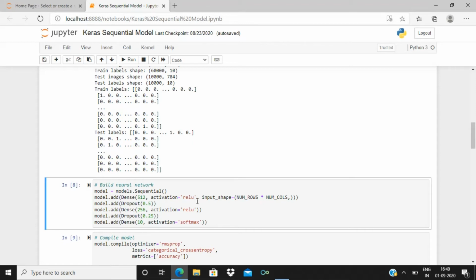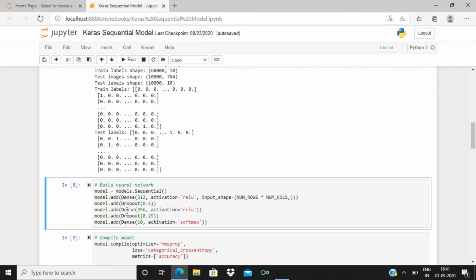Since this is the first layer, it should have the input shape, which is nothing but the number of rows into the number of columns. This basically comes to around 784. After that we are adding the dropout with the probability of 0.5.